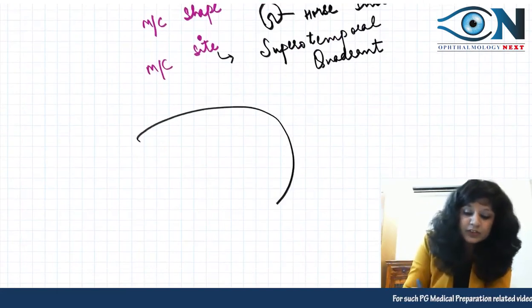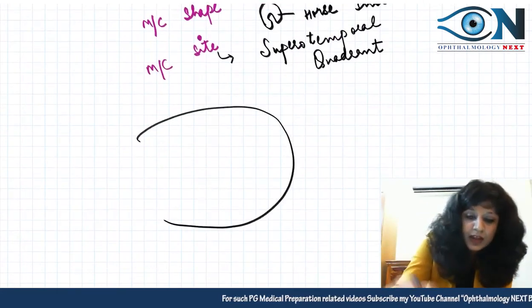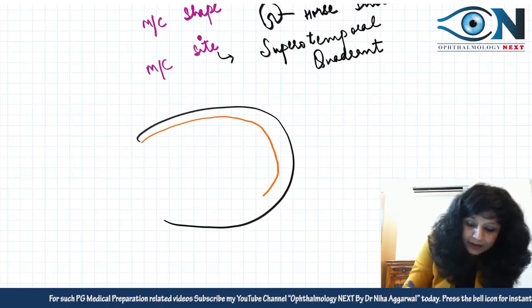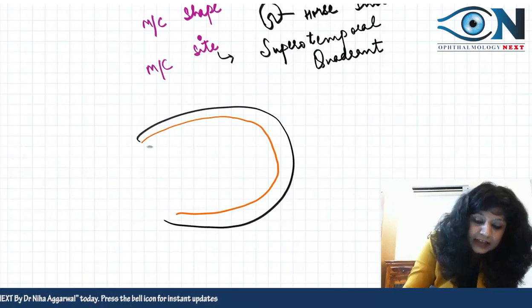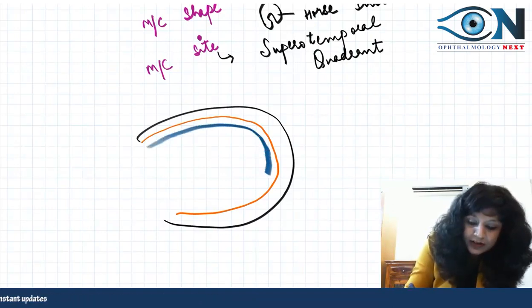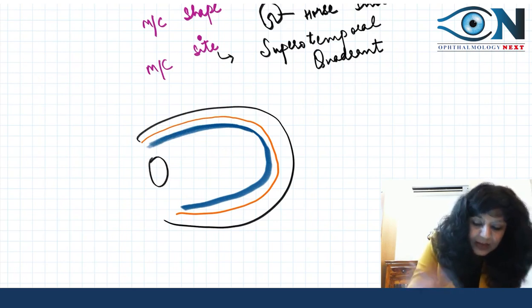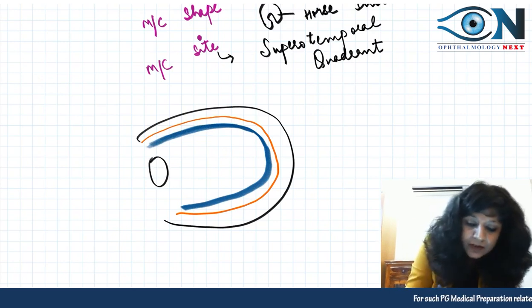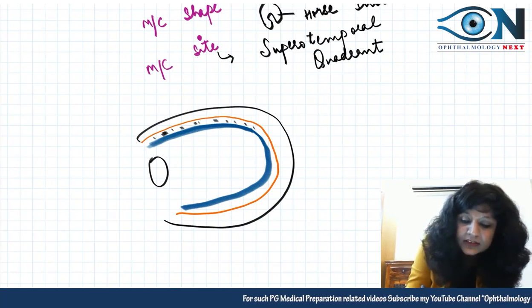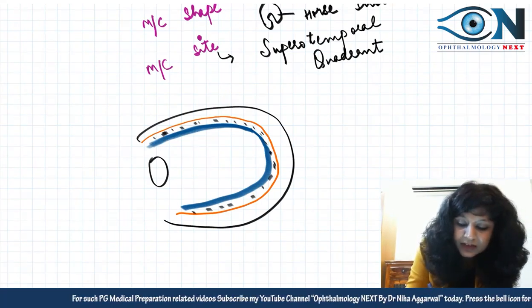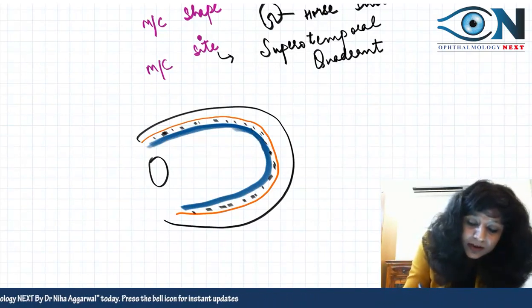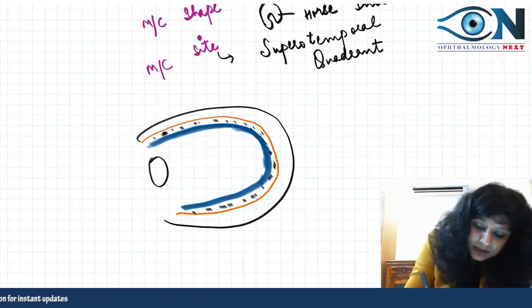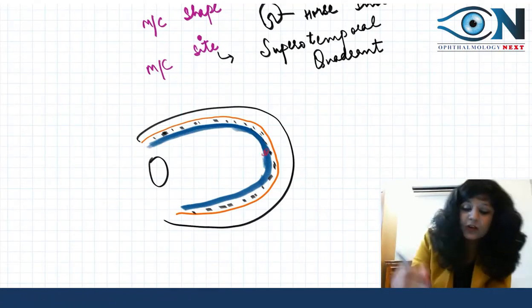Now suppose this was your vitreous cavity, okay, and this was your RPE layer. And suppose I say that this is your neurosensory retina, the rest of the 9 layers like this, and here we have this lens, okay. Now in between the 2 layers we have the fluid, the subretinal fluid. This is what we have studied till now. Now suppose I say that there is a hole here.